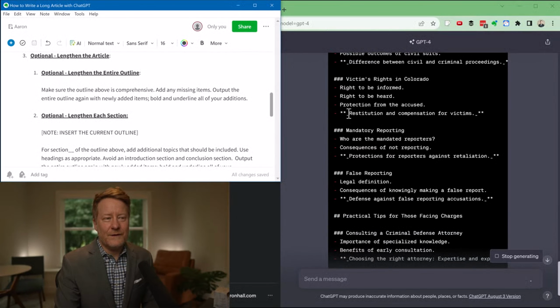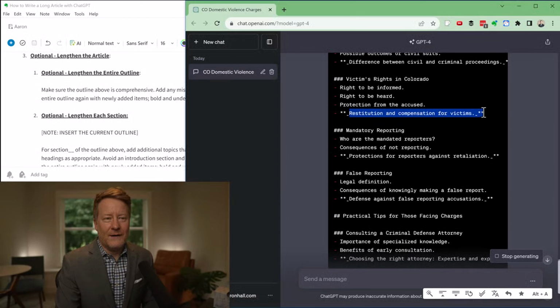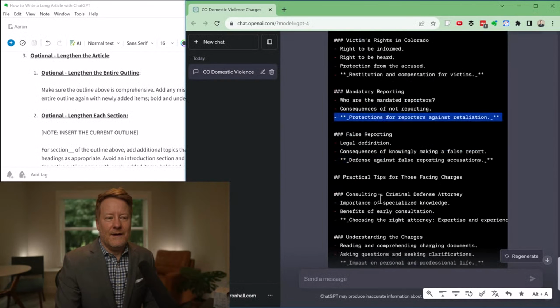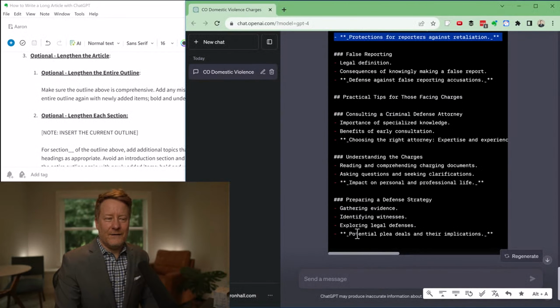But I am actually seeing here, here's a new entry. The asterisks here indicate bold, and then you can see underline on both sides. So that's just in markdown how this is designated. So we are getting a few additional sections here. And that's nice to see.